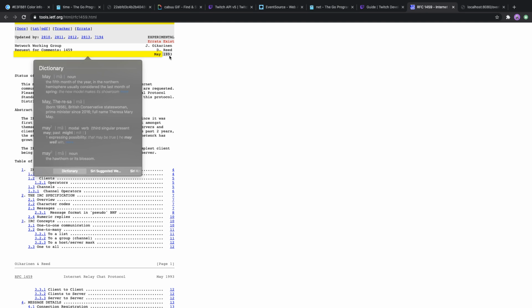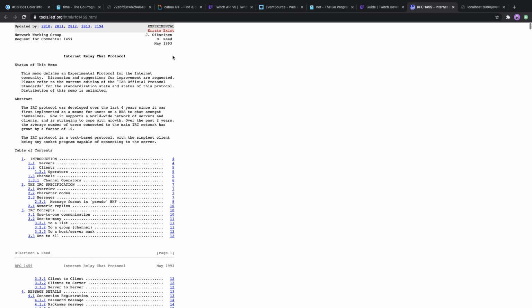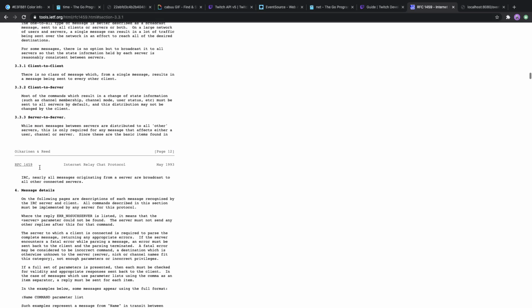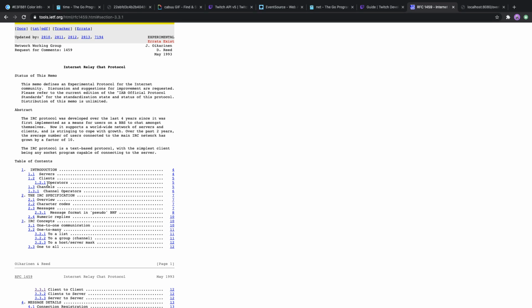This one was created in 1993, so this protocol has been around for a while, and it has different ways that clients connect and how the server reacts. We're not going to be creating the server side of it directly, just a dummy one for testing. But for now, the only thing that we care about is